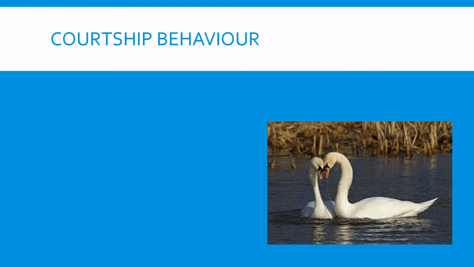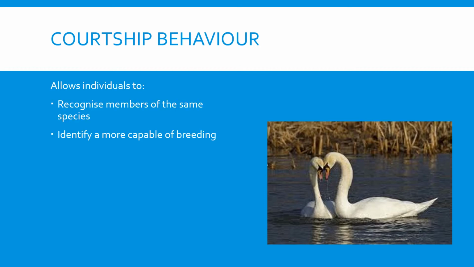Courtship behavior. Why is courtship behavior important? Well, it allows individuals to recognize members of the same species, identify a mate that is more capable of breeding, form a pair bond, and synchronize mating. Now you might wonder, why are these things important? Well, if you recognize a member of the same species, it ensures mating will occur within the same species